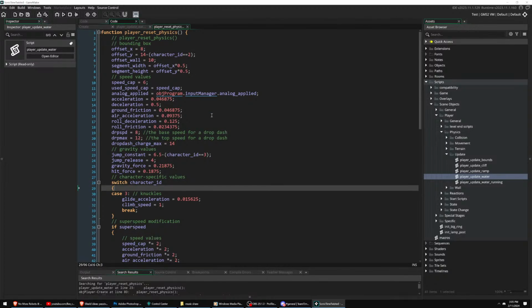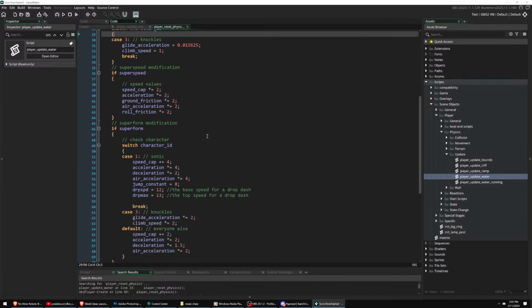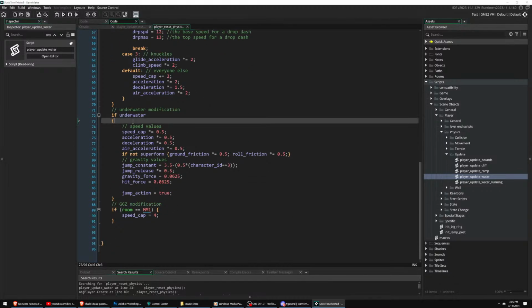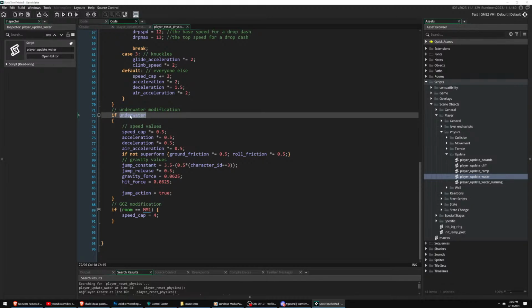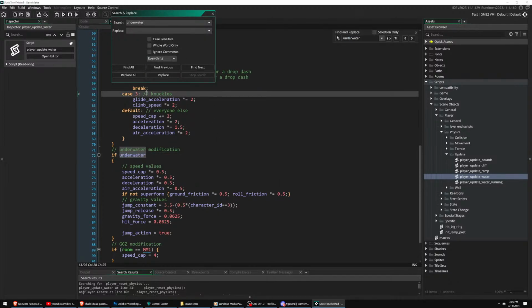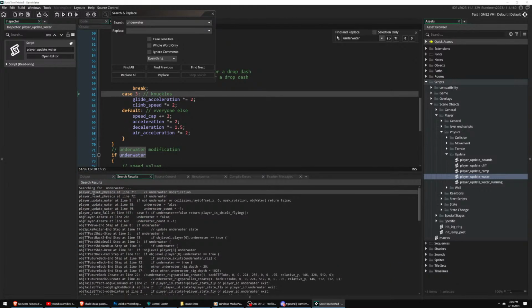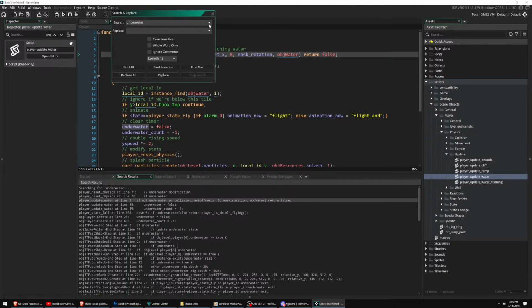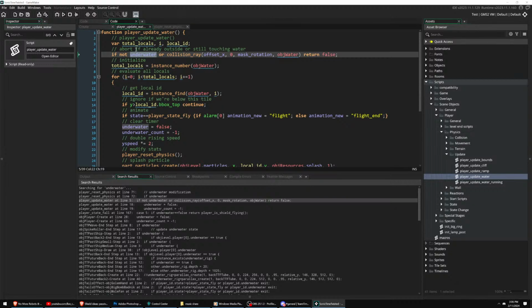Character specific cases. I believe there is a case for. Here we go. So if you're underwater, so this variable here puts the underwater, and I need to find where this is. So again, we'll just do Control F. Used reset physics update. Check out this. If not underwater, where is